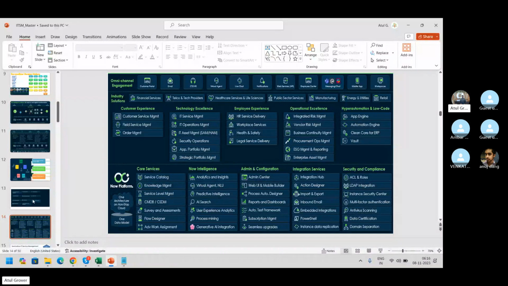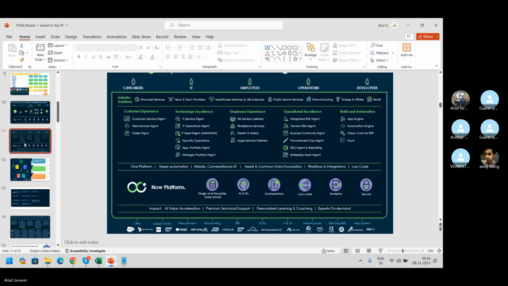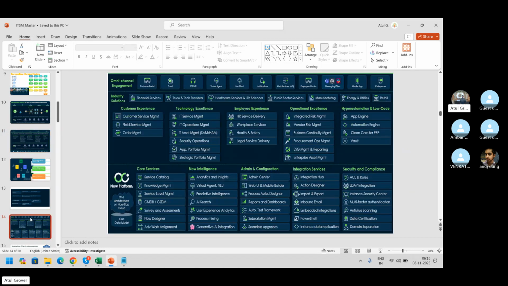Now your point, Ishwar, CMDB and the CSDM, you can find it here. And it is a core service. Same picture which we saw here, but a larger version.